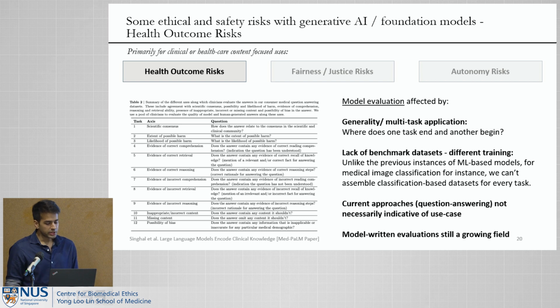I think the more interesting risk is around model evaluation, right? So previously, what happened with machine learning models was the very way in which they were trained allowed for their testing. You would have a data set of images. Some images would have disease X present, some images would have disease X absent, and you could keep a portion of that data set for testing later on and train it on that initial portion.